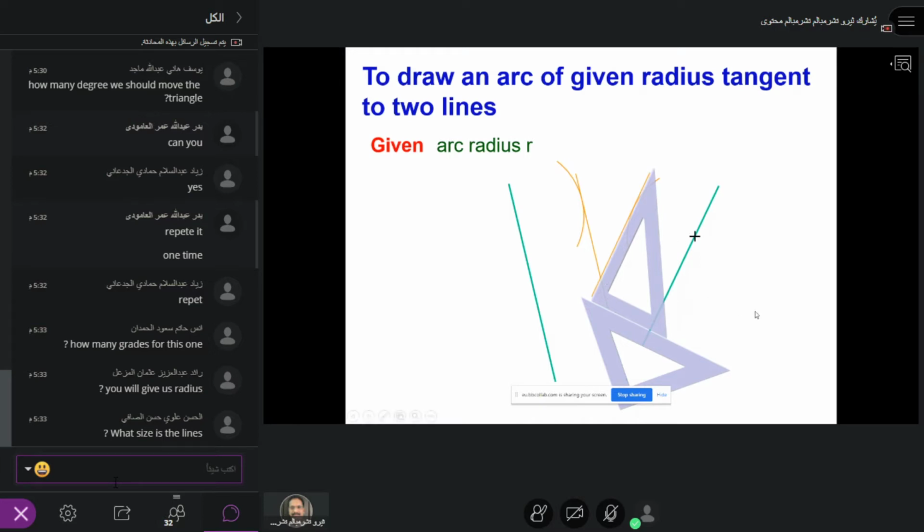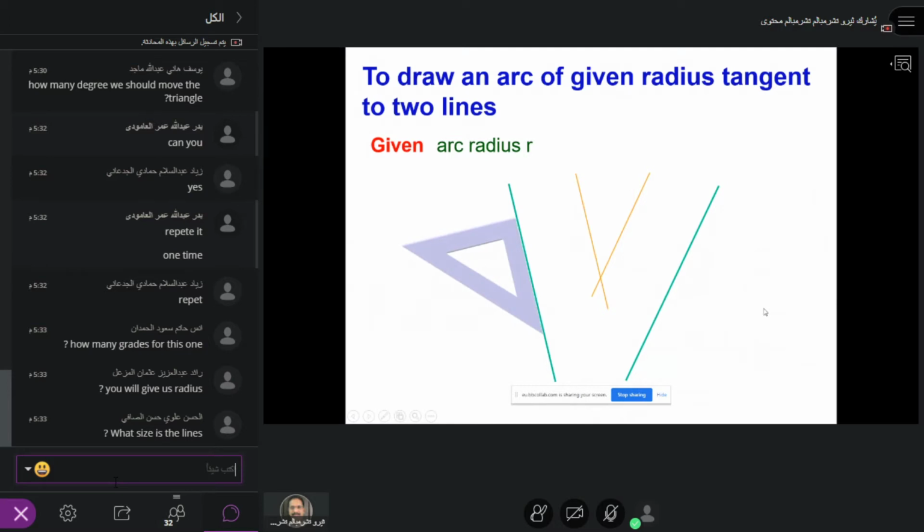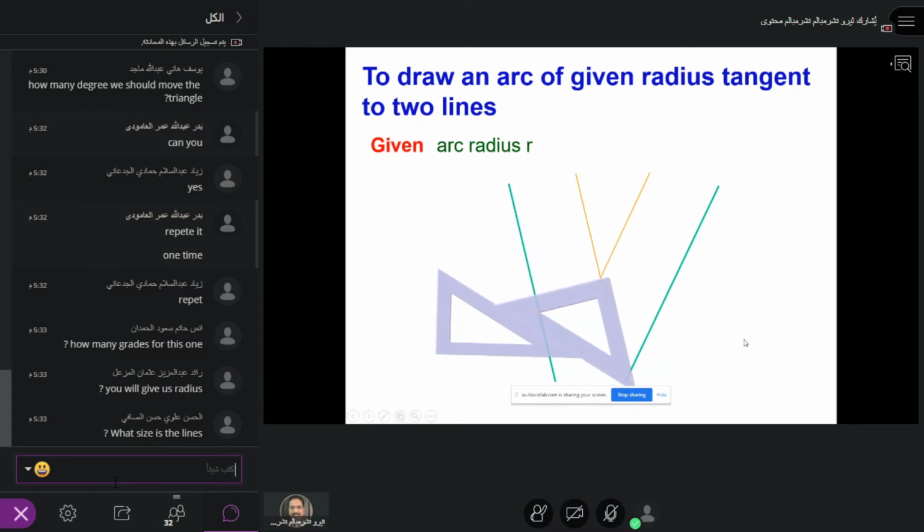Both tangents meet at a point. Mark that point. And now we are trying to draw a perpendicular line from the point to each of the lines, in order to mark the center, the starting point and the ending point. So again we are using the tri-square. You know how we are doing it, by simply first keeping the main one parallel and just sliding it. So now you see they are trying to draw a perpendicular line from the point to this line.